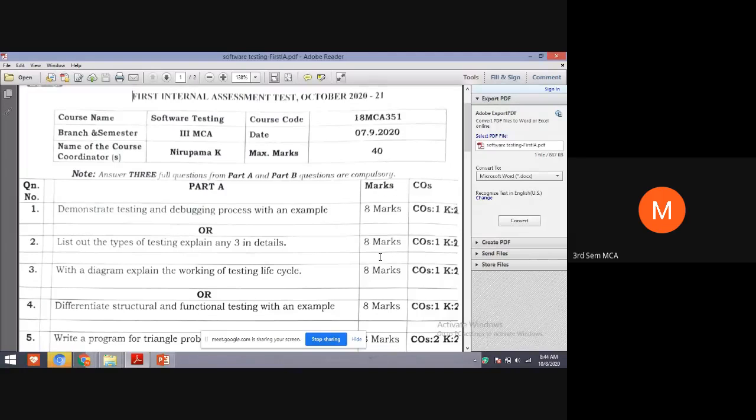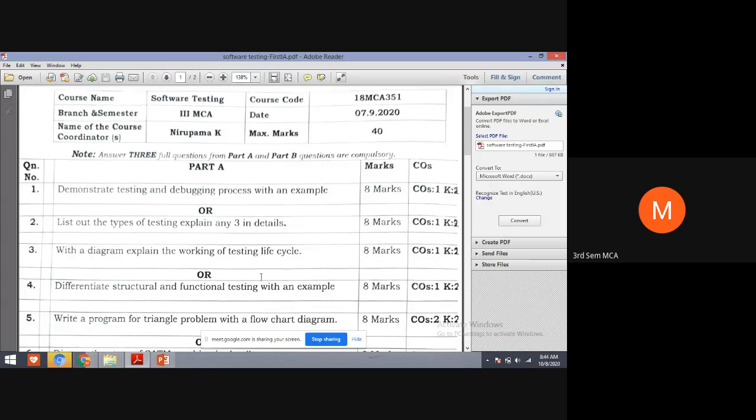So those 3 phases are the error input phases, and once we do testing, then again we have 3 phases: classification of errors, isolation, and debugging. So these 3 phases are for resolving the issues, resolving the errors. These are the next 3 phases in which we can take out the error, that you need to explain. And differentiate structural and functional testing with an example.